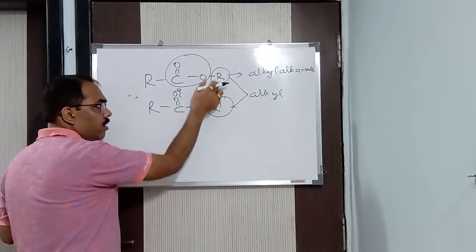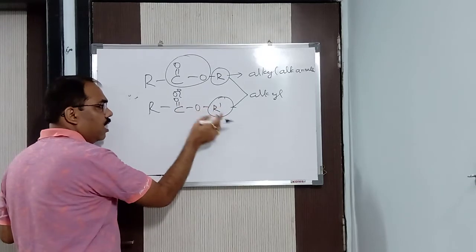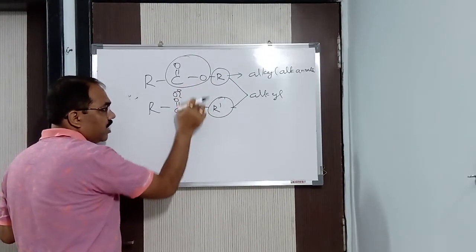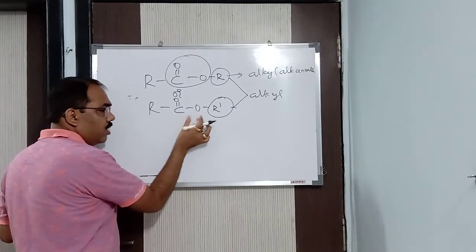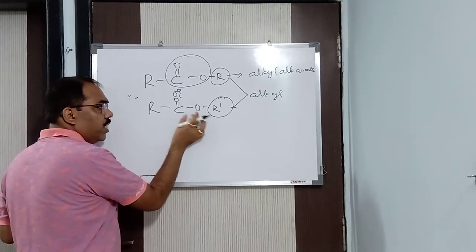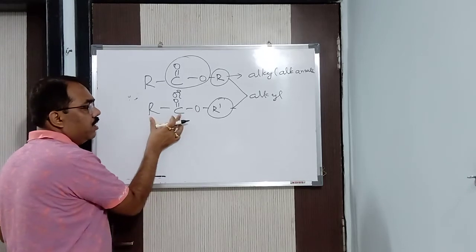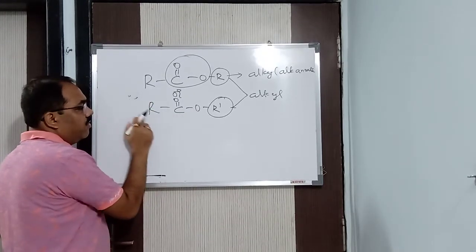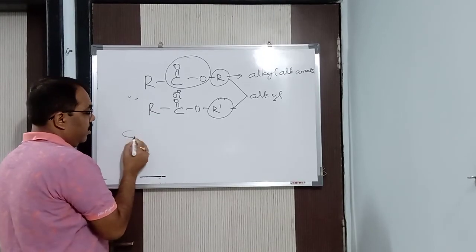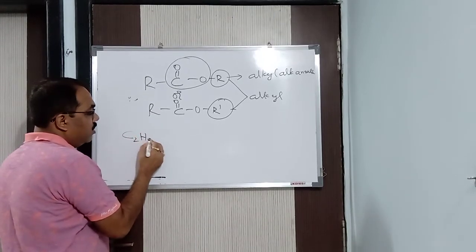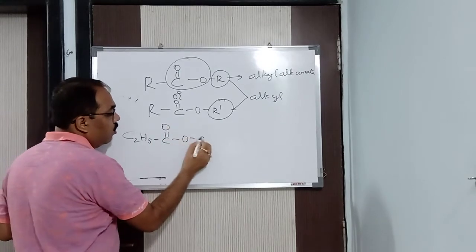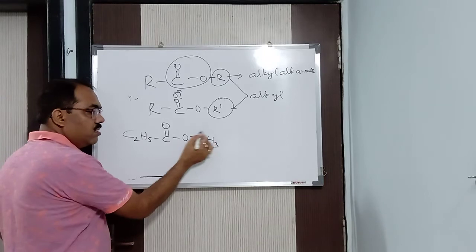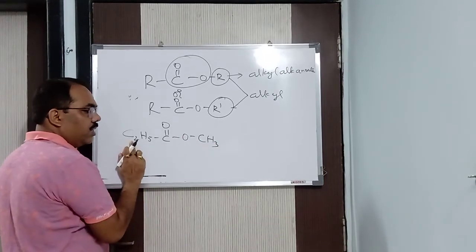Whatever the alkyl group is present, whether it is methyl or ethyl or propyl or butyl, we take the one attached to the oxygen as the alkyl group. Understood the reason? Because the longest chain breaks as oxygen is coming in between, and here we have a continuous chain of carbon atoms. Suppose R is C2H5, so what we can have? C2H5, COO, CH3. See here, the oxygen atom is coming in between, so this is your alkyl group. Apply common sense, that cannot be an alkyl group.